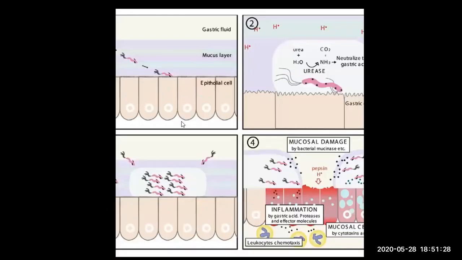So as I already told you, how does this H. pylori produce peptic ulcer? This H. pylori just erodes the mucus layer and colonizes the gastric epithelium. It releases the enzyme called urease, which converts urea into ammonia. This ammonia neutralizes the gastric acid because it is basic. It neutralizes the acid, and therefore it can cause mucosal damage. So it produces inflammation and also damage to the mucosa, thereby producing peptic ulcer.